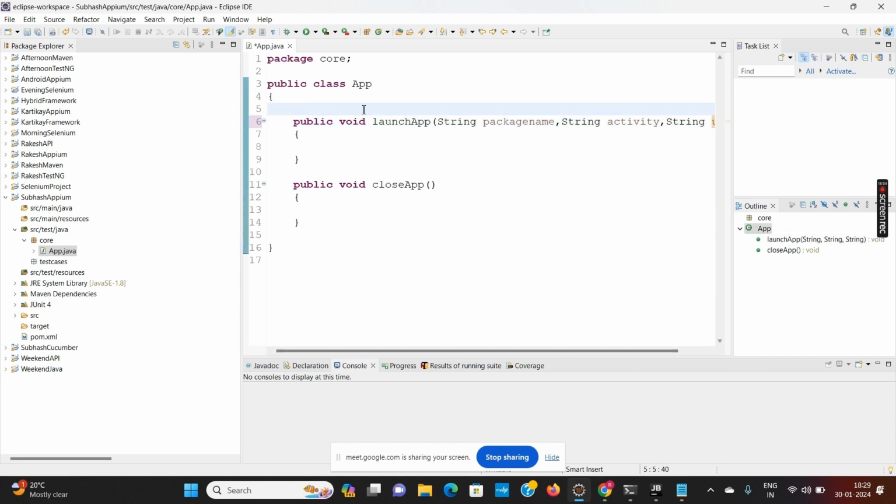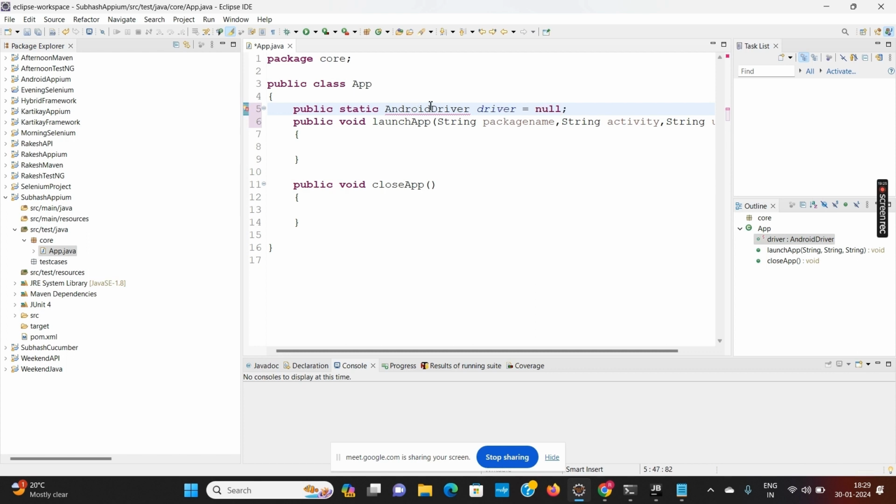Like in Selenium, there was a Chrome driver class, Firefox driver class. Similarly, here we have an Android driver class. So I will make a variable: public static AndroidDriver driver is equal to null, like this.